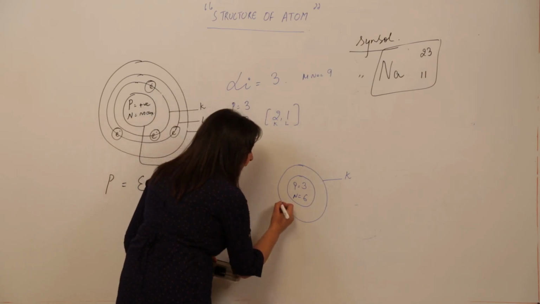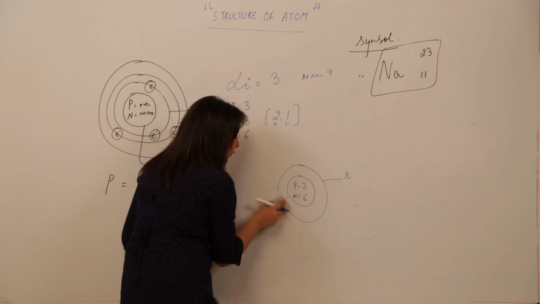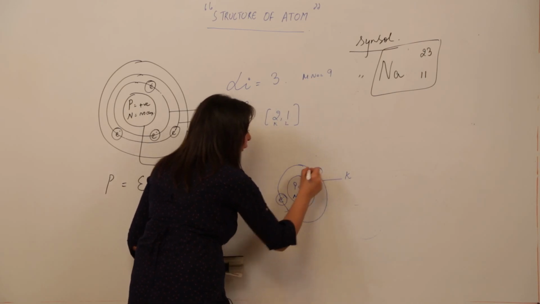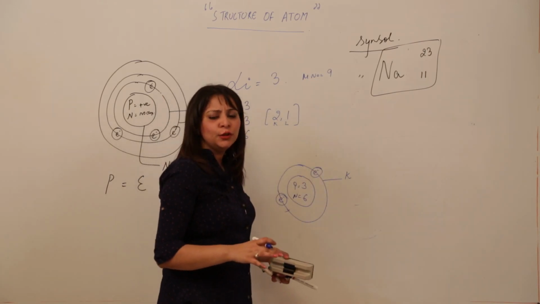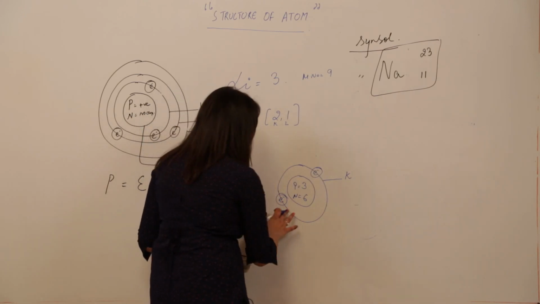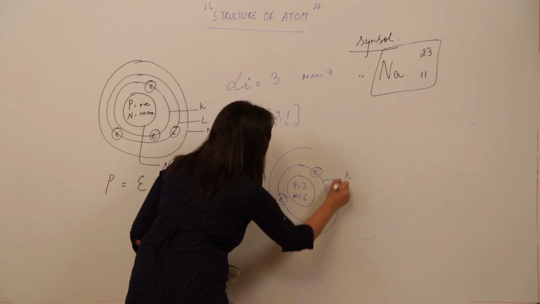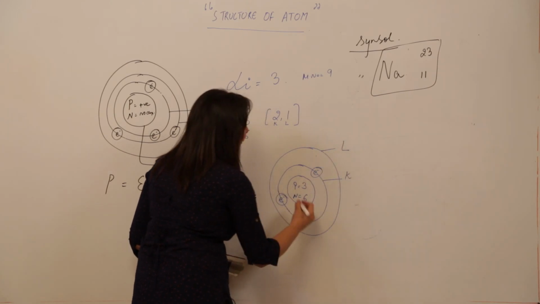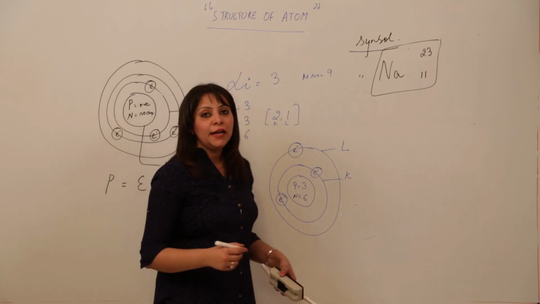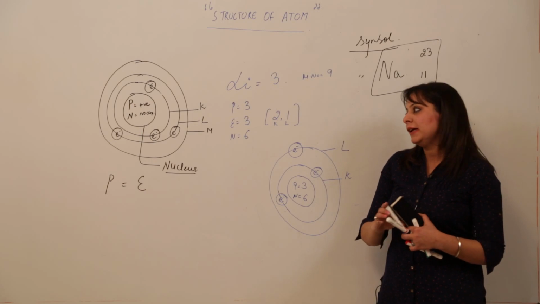2. So either you can write 2 electrons like this, or if you don't want to do that, you can also make the electrons like this, revolving. There should be a certain distance between electrons, as we know similar charges repel each other. So just make a little distance between them. Now it has got a second shell also, so make the other shell also and name it L. How many electrons does it contain? 1. So this is the atomic model for any element. This is how you can make the atomic model for different elements.